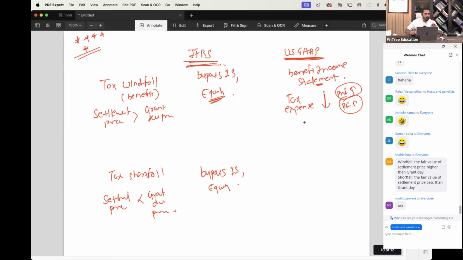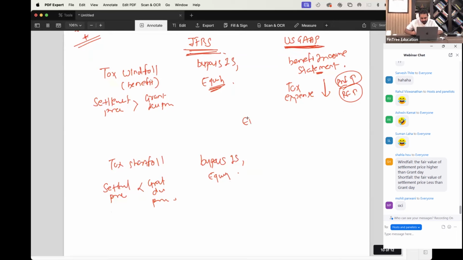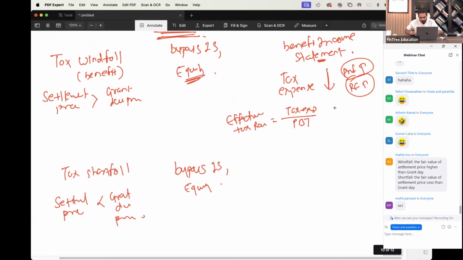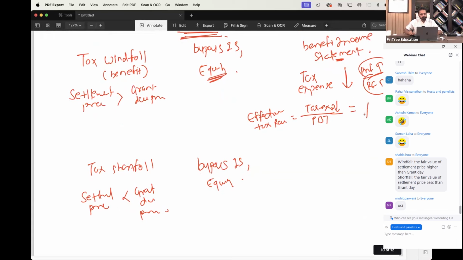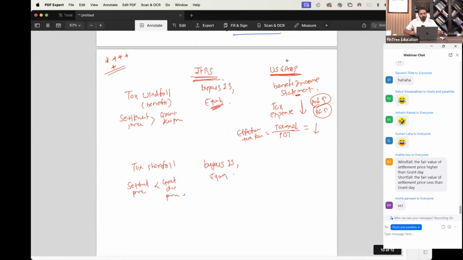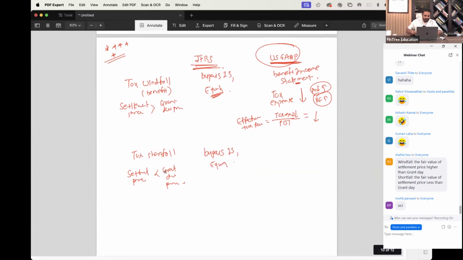Because tax expense will go up, think of the effective tax rate formula. How do you calculate the effective tax rate? Effective tax rate will be tax expense divided by profit before tax. Now, if your tax expense has gone down, your effective tax rate will go down. So what US GAAP does, very important,